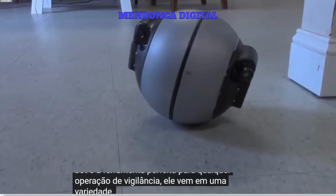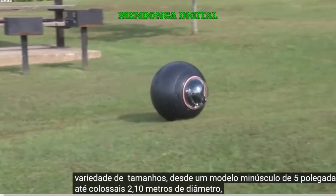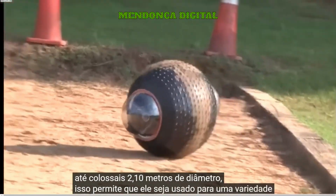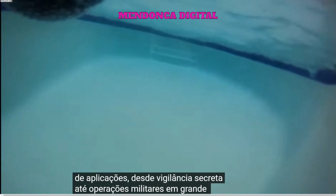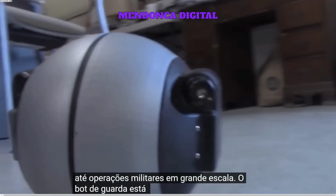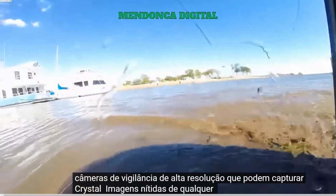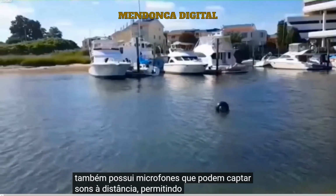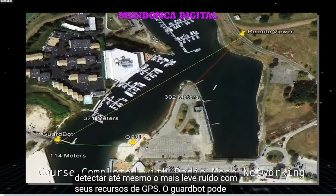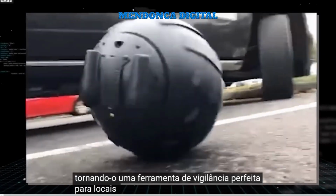It comes in a range of sizes from a tiny 5-inch model to a colossal 7 feet in diameter. This allows it to be used for a variety of applications, from covert surveillance to large-scale military operations. GuardBot is fitted with 2 high-resolution surveillance cameras that can capture crystal-clear footage from any angle. It also has microphones that can pick up sounds from a distance, enabling it to detect even the faintest of noises. With its GPS capabilities, GuardBot can be controlled remotely via satellites, making it a perfect surveillance tool for hard-to-reach